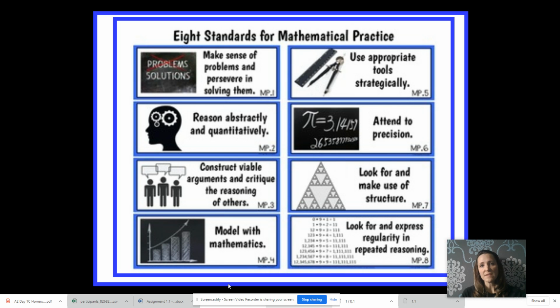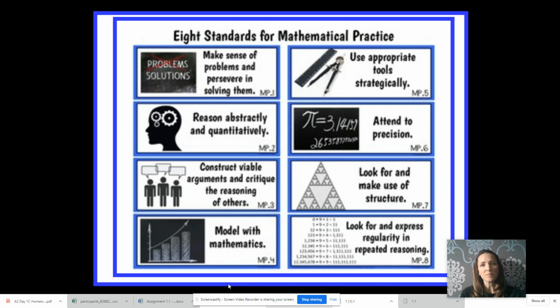The way of thinking of these practices is find someone who's really, really good at math and study their habits. What is this person doing that allows them to have so much success with mathematics? And what we find is that when we teach these practices to students, they enhance in all content areas. So we really want students to be able to make sense of problems. What are they asking for? What information do you have? What's not relevant? And then persevere in solving those problems.